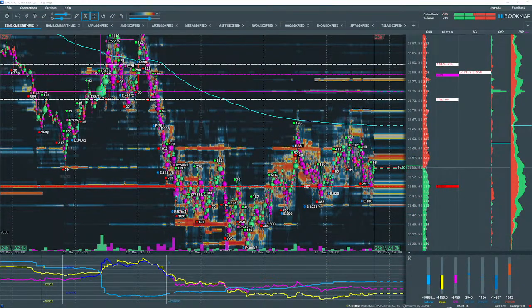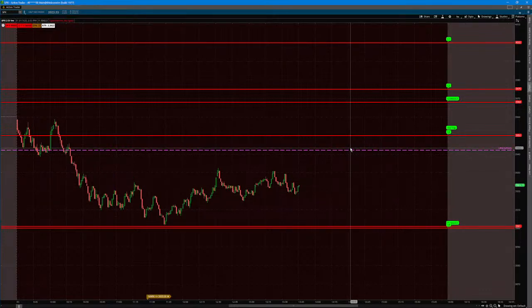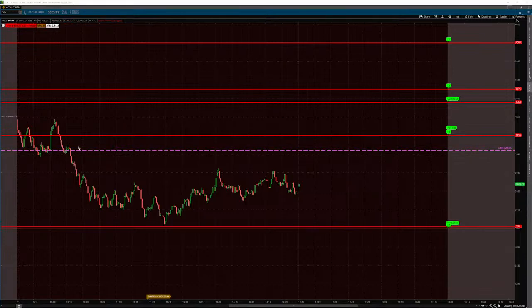Now let's take a look. I want to take a look at another Thinkorswim chart, and this is another Thinkorswim chart showing the same levels, just on a smaller time frame. This is a 1-day, 1-minute chart,